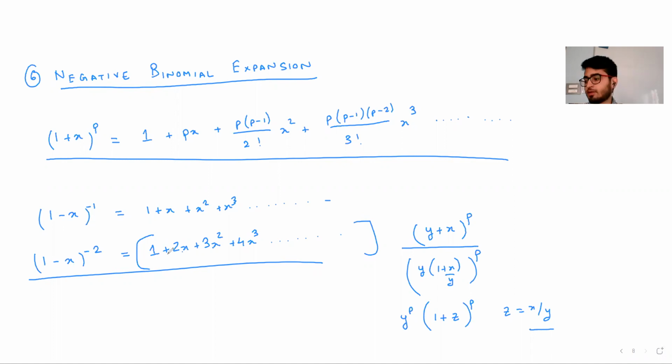Again, note that the questions are not going to be what you used to get at school level, like prove this is equal to this. It's not going to be in this way. They give you an AGP and they ask what is the summation of this. All these various properties are going to be used when deriving certain other results, which would be covered in various other chapters, be it CS1 or CS2.